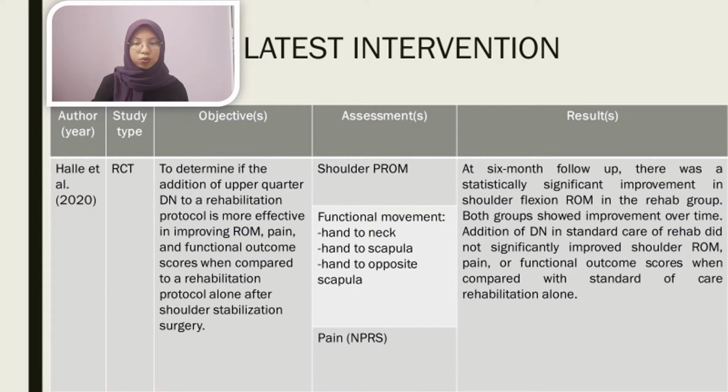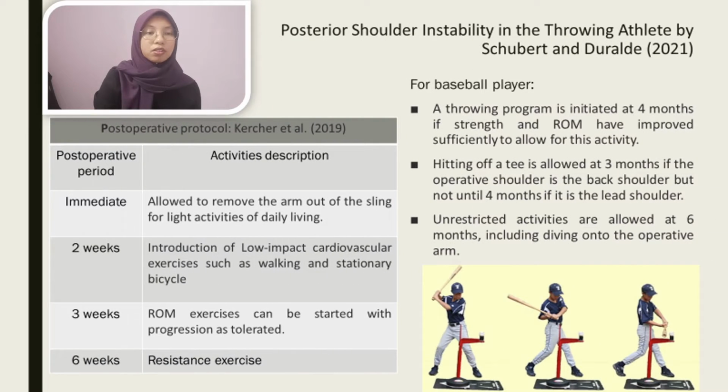the rehabilitation group. However, both groups showed improvement over time, but the addition of dry needling to the standard care of rehab did not significantly improve shoulder range of motion, pain, or functional outcome scores when compared with standard of care rehabilitation alone. Schubert and Doral conducted a study on the treatment used in posterior shoulder instability in the throwing